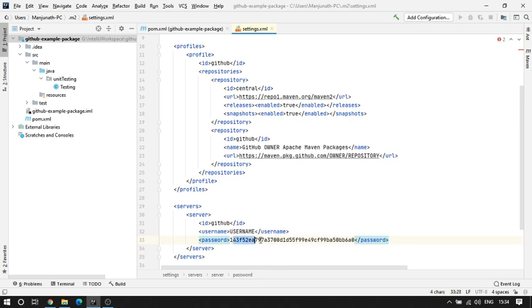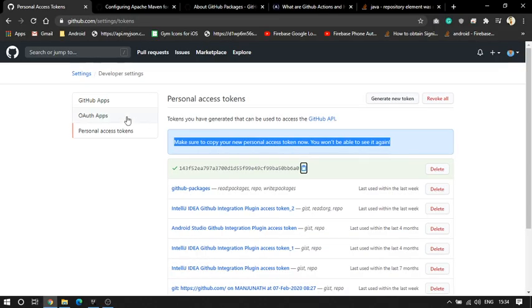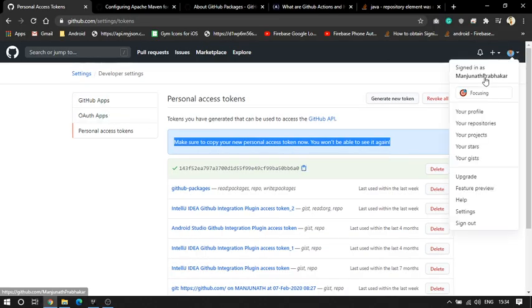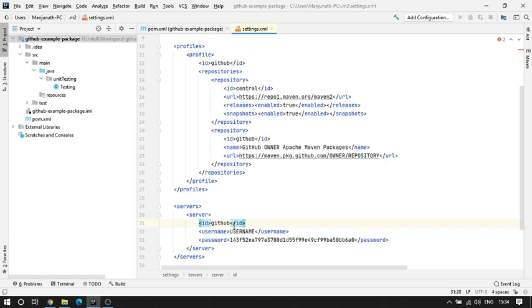I have put my token here, and the username is nothing but your GitHub username, so mine is Manjunath Prabhakar. I'll put the same thing here. There is something called owner here, so I'll paste it here, and here also I have owner.